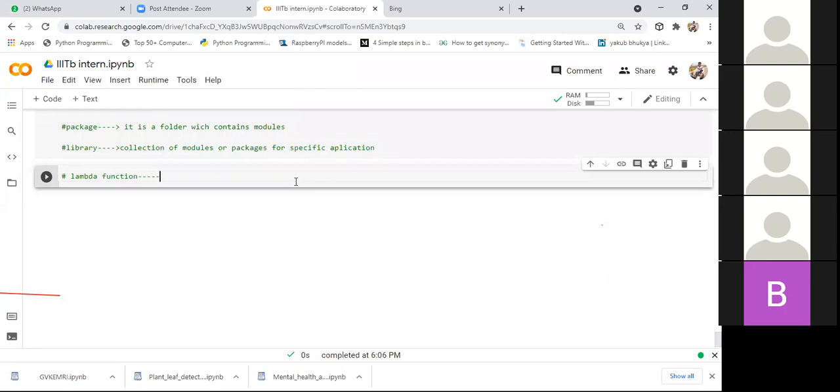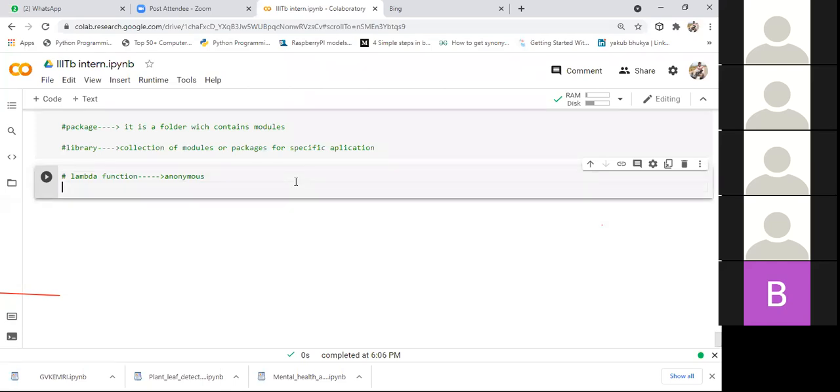This lambda function is called an anonymous function, guys. The purpose of this lambda function is, you might be familiar with nested conditions and nested loops. Coming to nested functions, if inside a function you write one more function, it becomes very complex to understand and trace the program. To avoid that complexity, we have the lambda function. If you use a lambda function, we can define a function in a single line.